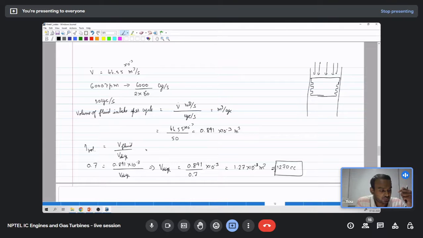So if this diameter is 100 mm, we have the piston manufactured at say 99.9 mm. So there will be 0.1 mm clearance in diameter, and even this is ineffective because